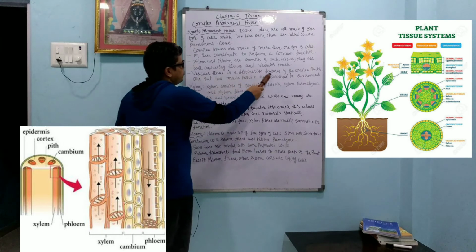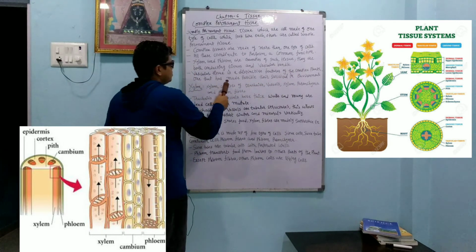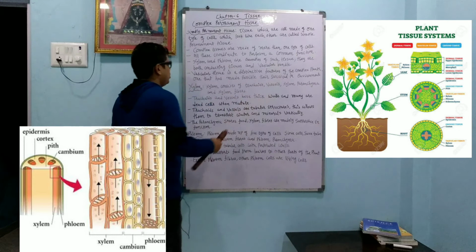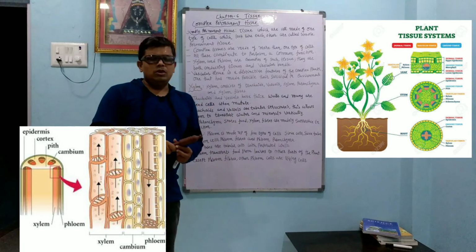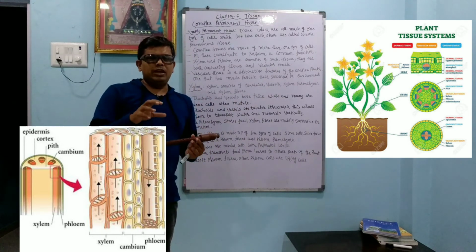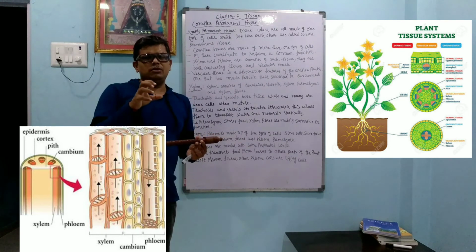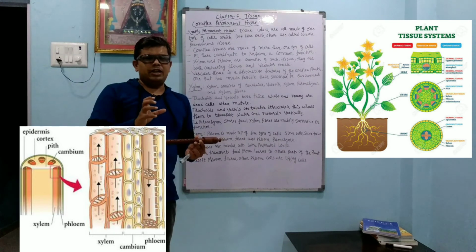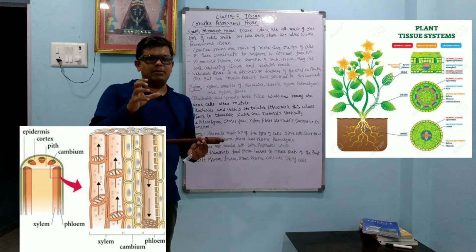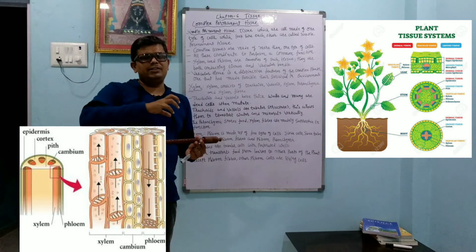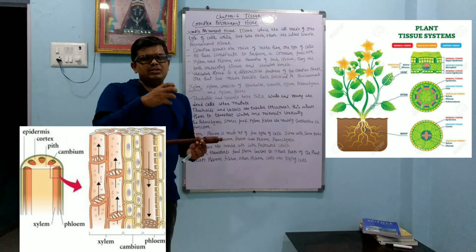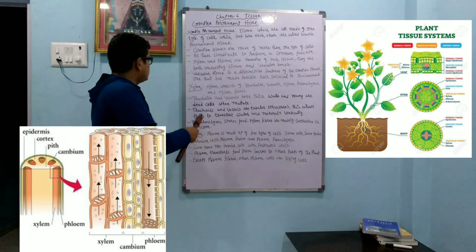Vascular tissue is a distinctive feature of the complex plant, one that has made possible their survival in the environment. So vascular tissue has the function of taking food from one point of the plant to another, according to environmental conditions. Like in a desert area, they have different types of characteristics. In the same way, in the vascular bundle, xylem is also there. It carries water from the root to the different parts of the plant. So it is a distinctive feature.